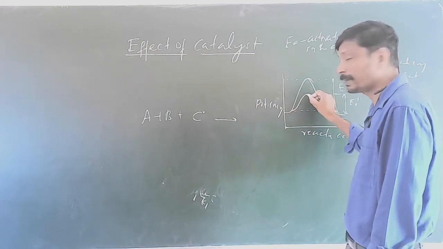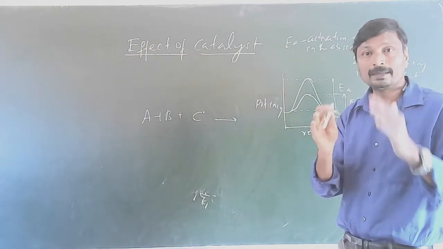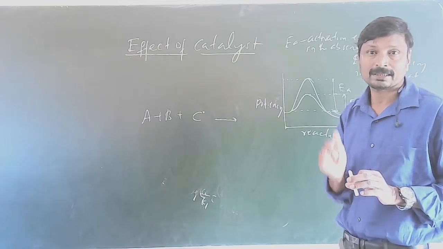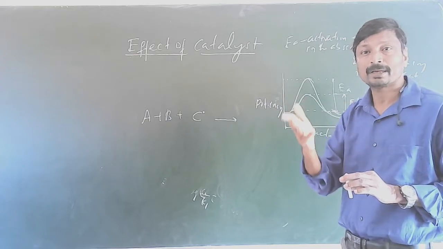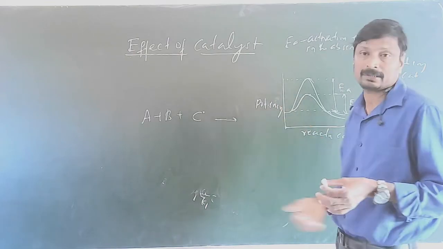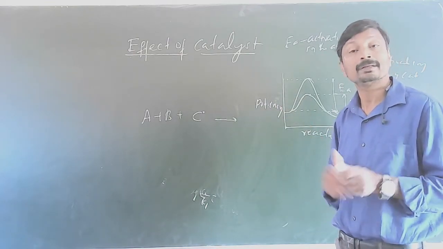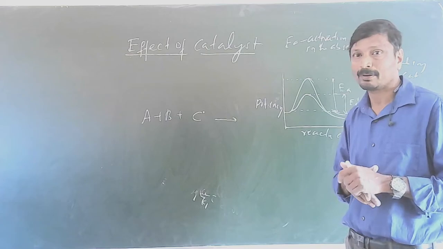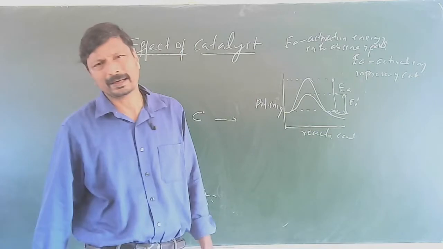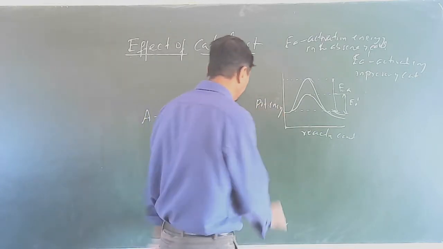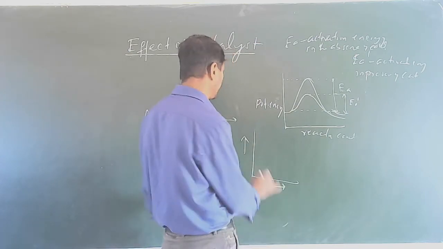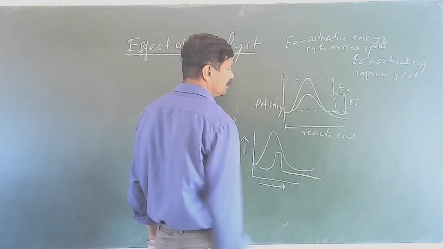But in the presence of catalyst, the molecules go by an alternative path where the activation energy of the reaction decreases and the rate of the reaction increases. More molecules can form this activated complex, and therefore the rate of the reaction increases. This is the effect of catalyst. Anyway, suppose a graph is asked. The first thing, whenever any graph is asked, you have to define what the y-axis is and what the x-axis is. Some students draw like this. Does it have any meaning?